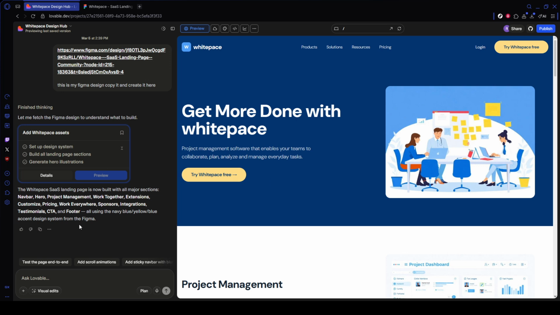Once the first pass appears, open the preview and review it calmly. From here, you can ask the chatbot for tweaks, adjust spacing, update copy, or swap images until it matches your